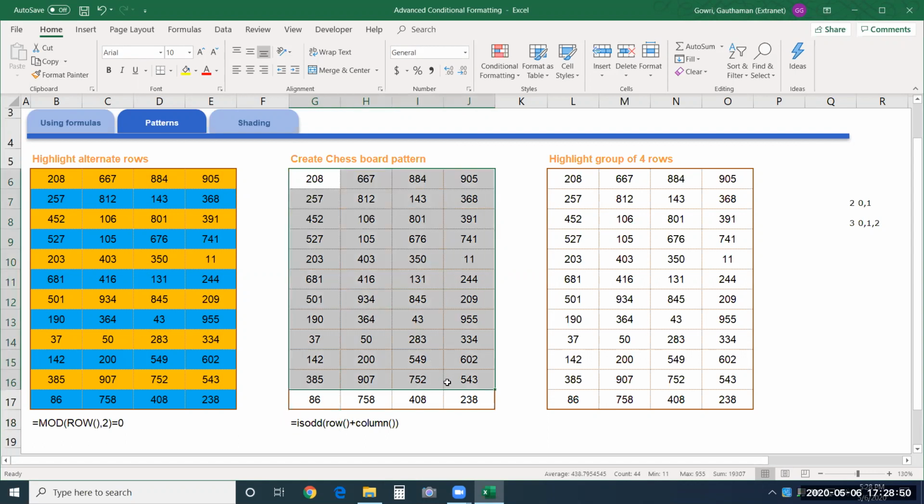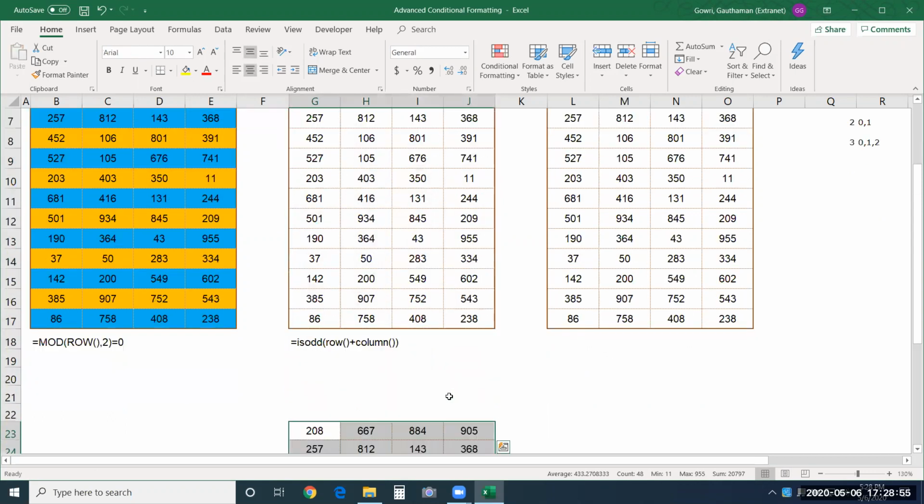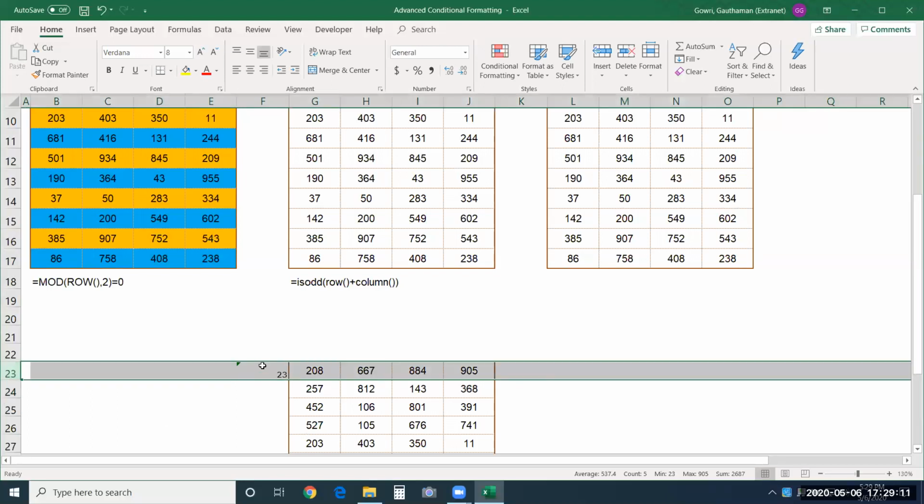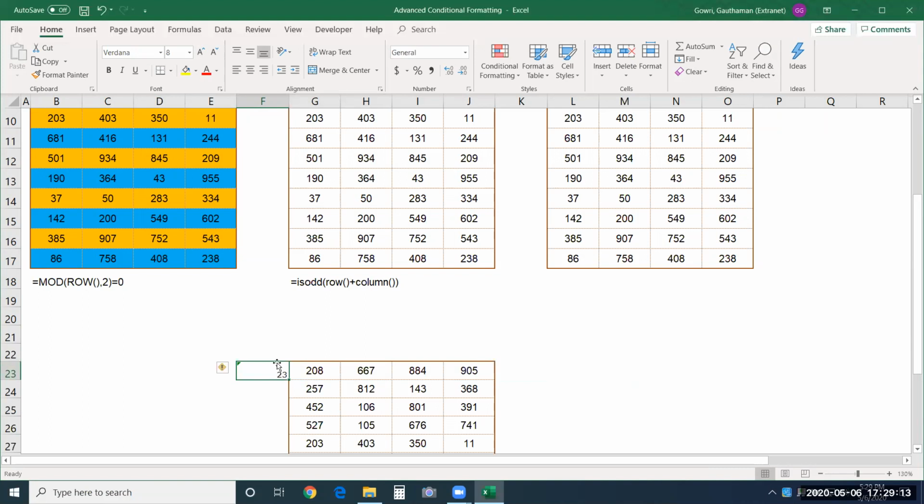Now let me make a copy of this data and I'll show you how it works for us. See over here, I will use row function. See, row function. This will get me the row number. You can check here. This is the 23rd row number and we have the same answer over here. And next I'll drag this to the other cells. And over here, I'll provide column function. And I'll copy paste this to other cells.